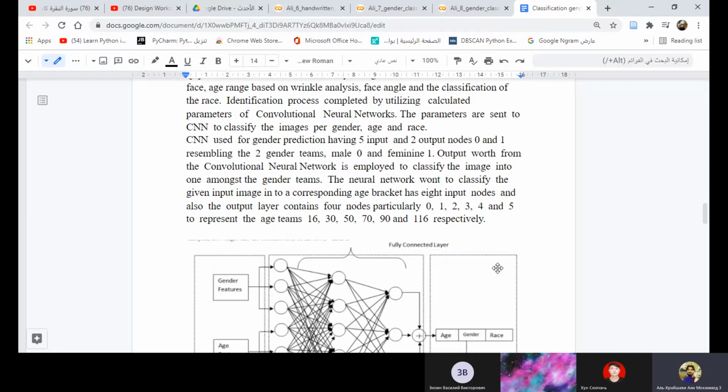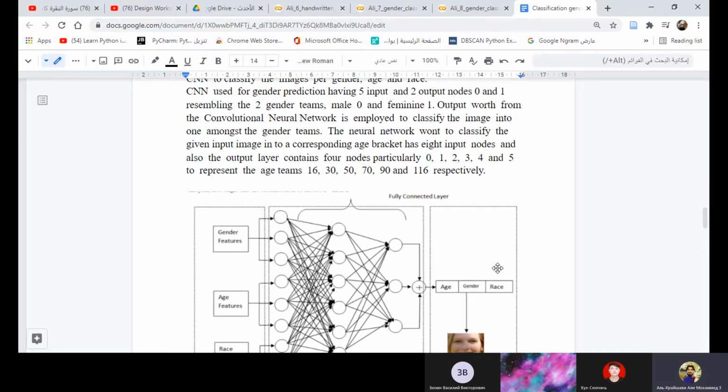Output from the convolutional neural network is employed to classify the image into one among the gender types.